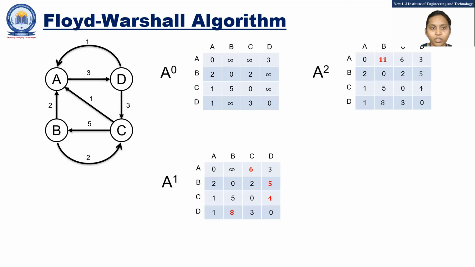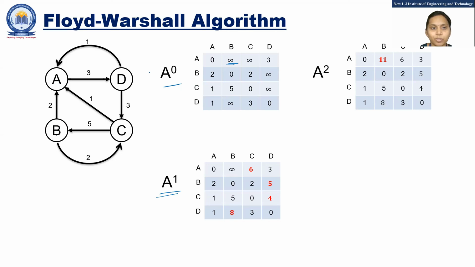Now look, it is a directed graph. So you can see, first of all, A to A, no path, A to B, no path, so infinity, A to C, infinity, A to D, you have a direct path, so that is 3. So A0 is easy to calculate, but in A1, you check whether anything is possible. First of all, A to B via some single node: not possible, because from A you can only reach D, and from D you don't have a direct path to B. So this modification is not possible with a single node.